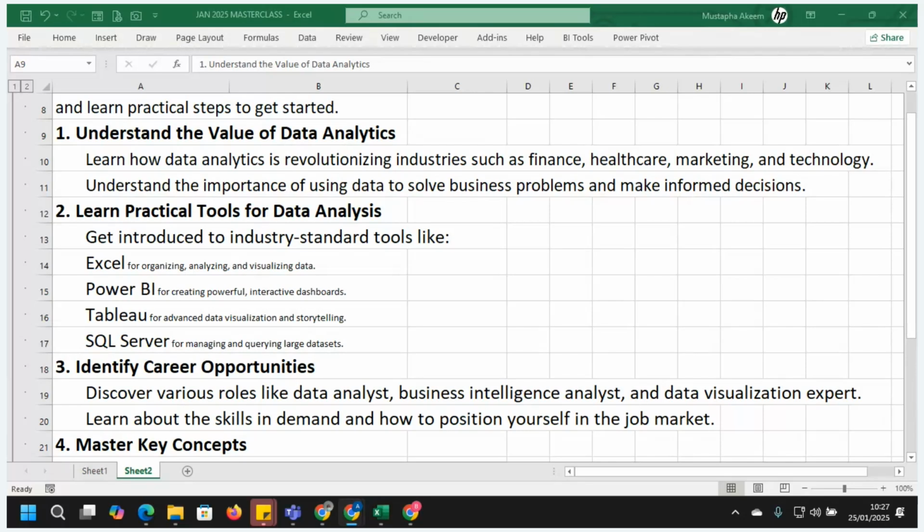So we are going to introduce you to some tools like Excel, Power BI, Tableau, and SQL Server. Excel, I know most of us use Excel very much, but in most cases we use just the peripheral and don't really go deeper into what Excel can do. Over time, people think Excel is going into extinction, that the knowledge of Excel is outdated.